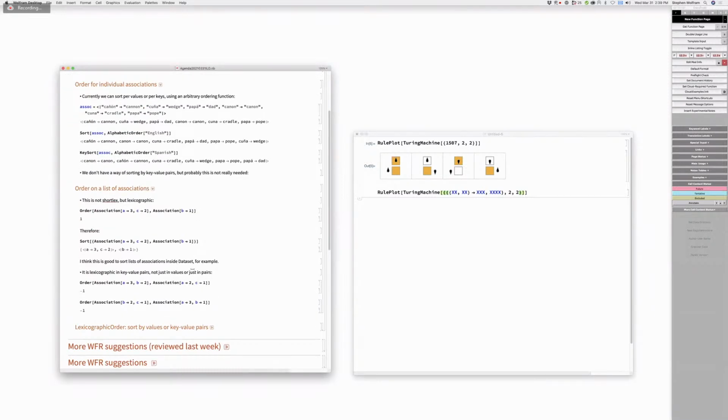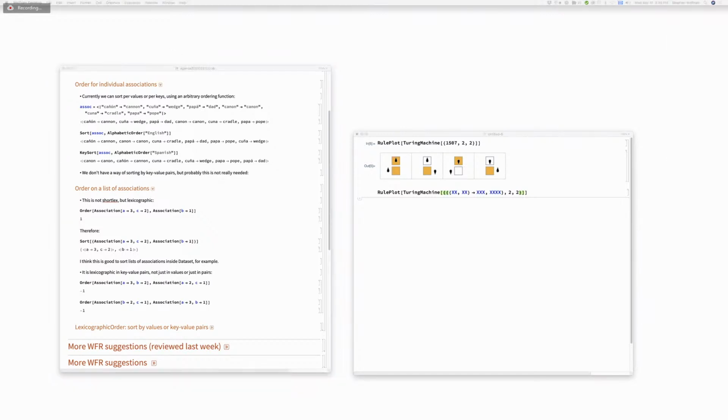Right? So this key sort. Right. So this is order for one association. I just wanted to say that for one association, we can sort by values or by keys. For example, here we have translations from Spanish to English. So we can say sort the values using English or sort the keys using Spanish. So that's great. But we don't have a way of sorting by both at the same time,